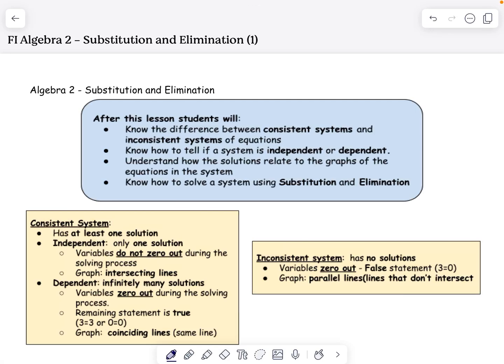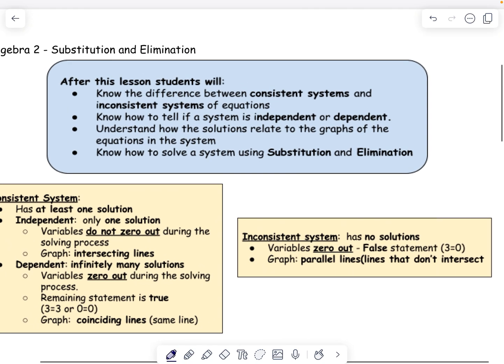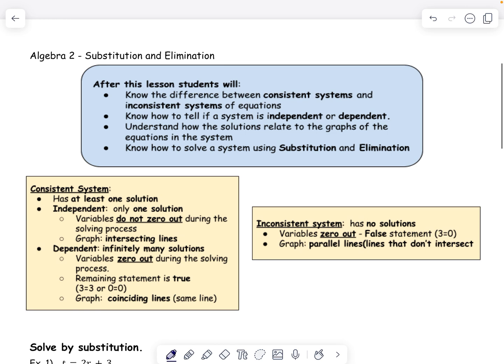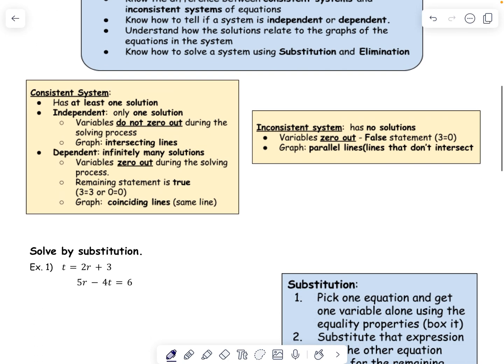So today we are going to be talking about substitution and elimination, and hopefully this will be review for you guys, okay? After this lesson, you will know the difference between a consistent system and an inconsistent one. You'll be able to tell independent from dependent. You'll understand the solutions related to the graphs, and you'll know how to solve a system by using substitution or